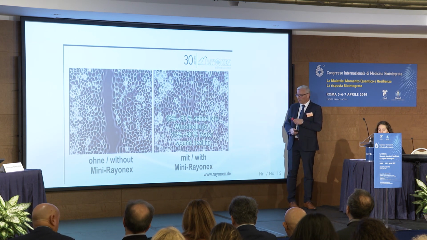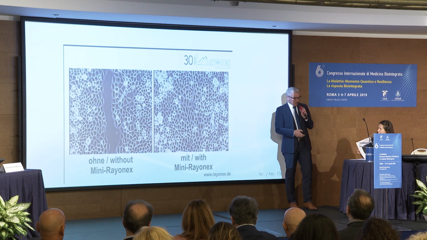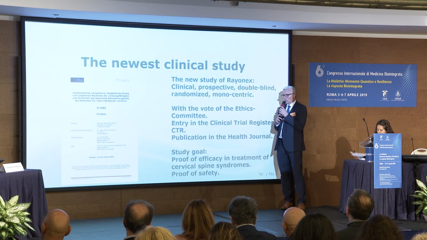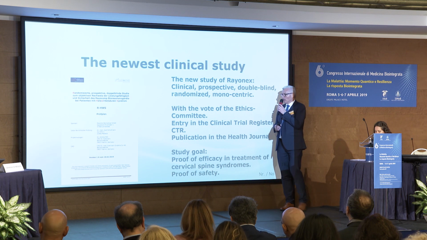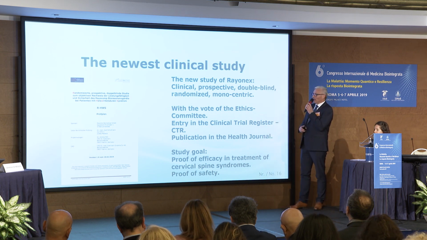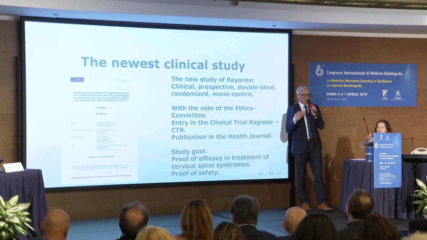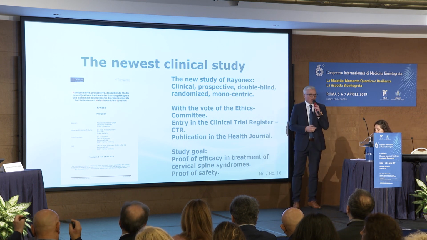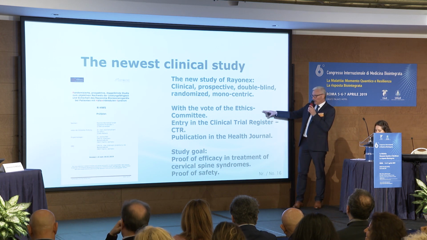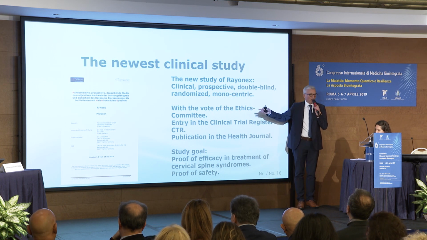Sorry. This video shows how much more accelerated the cellular activity is in the second case. And the last slide for today, I just want to talk about this. We just started with bioresonance according to Paul Schmidt a real clinical study. As you see, a clinical, prospective, double-blind, randomized, monocentric study, meaning a gold standard study about the efficiency of bioresonance according to Paul Schmidt, that it works, and it has just been approved last week by the ethics committee. What is important, without the vote of the ethics committee, you cannot start such a study.